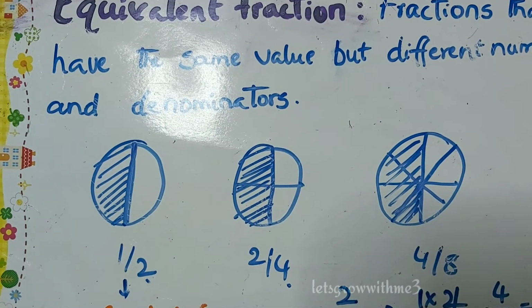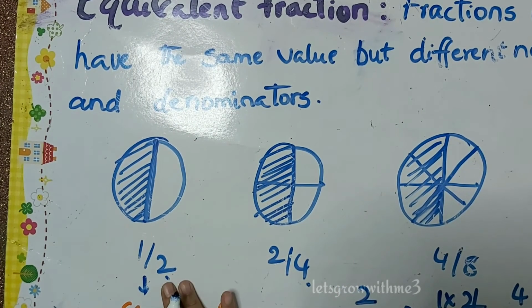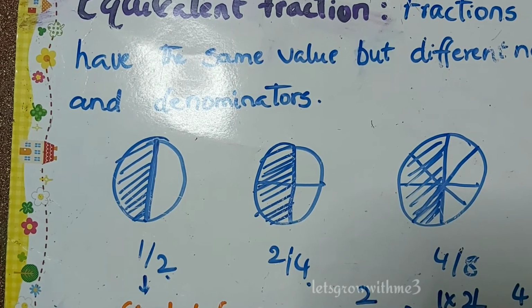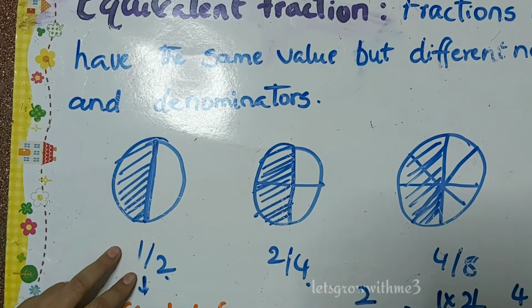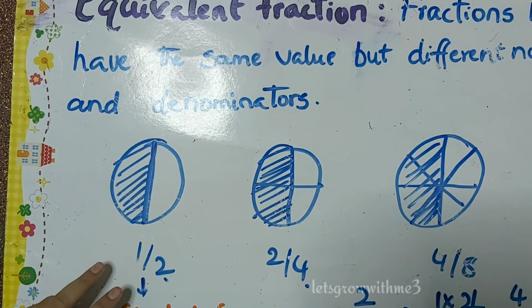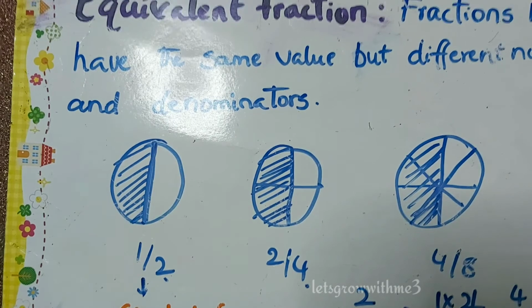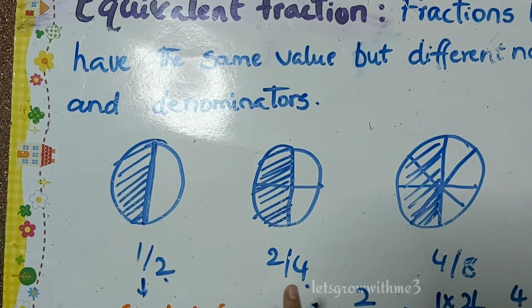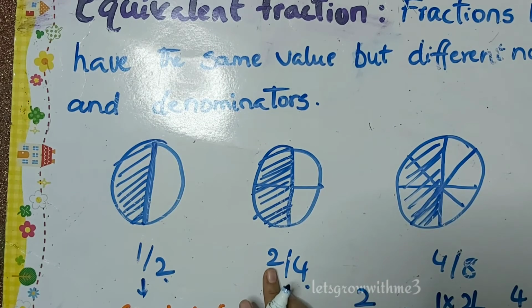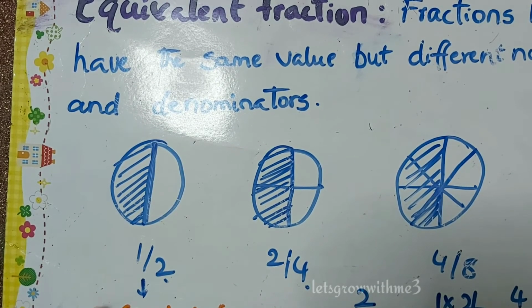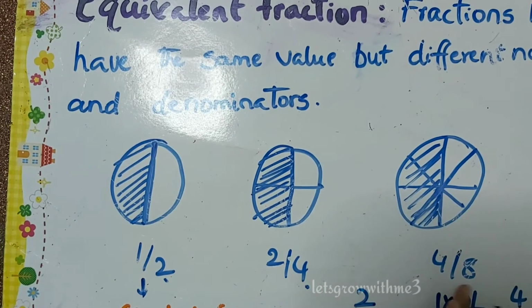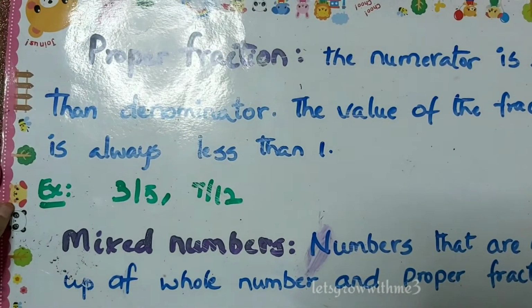They look different, but the values of these fractions are the same. Here 1 over 2 we will call the simplest form, because we don't have any common factor between these two values. We can't divide this with any other common factor, whereas here 2 over 4, we can divide both the values by 2. We have common factors. In 4 by 8 also we have common factors. That's the concept of equivalent fractions.